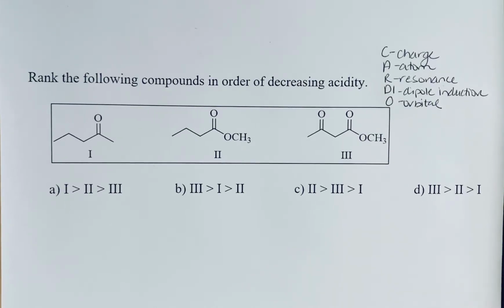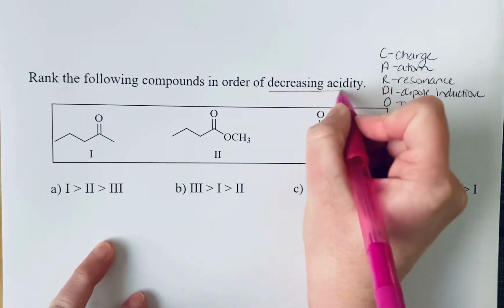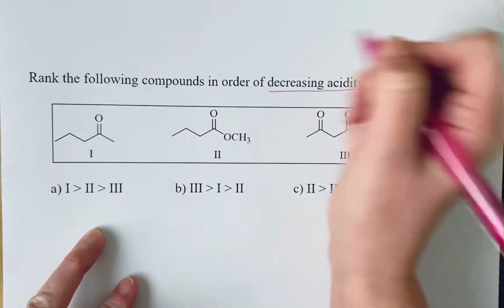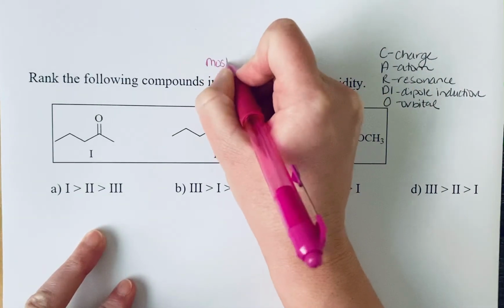Rank the following compounds in order of decreasing acidity. So we have structures of 3 different carbonyl-containing compounds to evaluate here. First, let's interpret what the question is asking us. It's asking us to rank the compounds in order of decreasing acidity. What this means is we want to put them in order from the most acidic